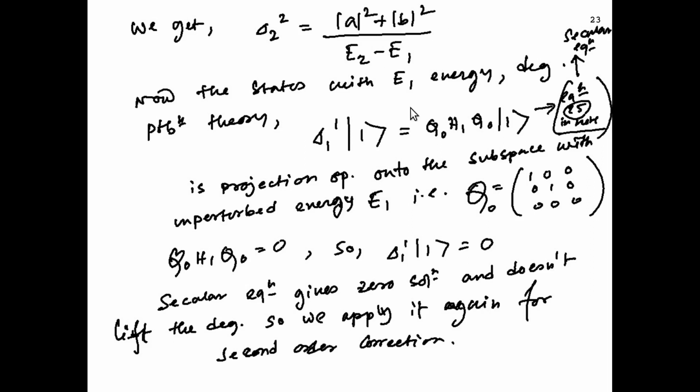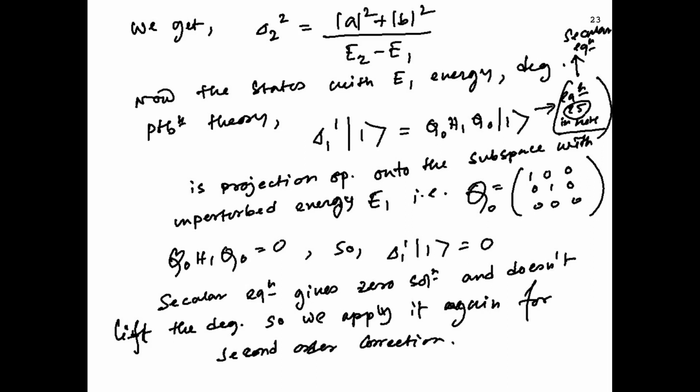So now let's go to the degenerate space. Write down the secular equation. We know the secular equation from equation 25 of my previous lecture, and this Q naught operator is again the operator which projects onto the subspace with unperturbed energy E1, which is the same projection operator as previous. So apply this Q naught on this and you will get 0. So this equation will have 0 eigenvalue. You can think of it as a 2-dimensional subspace, and this means even in first order you have the same degeneracy as the problem.